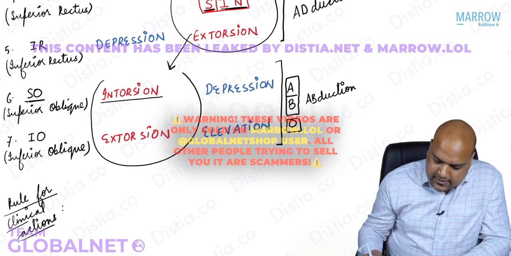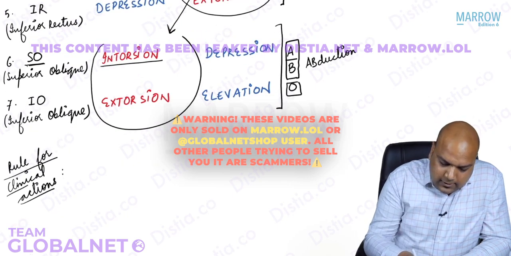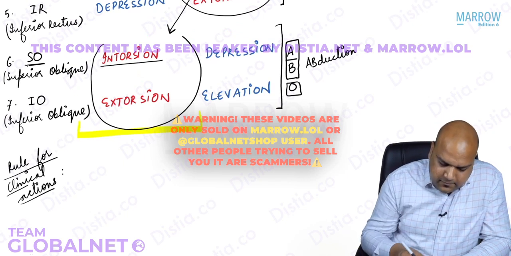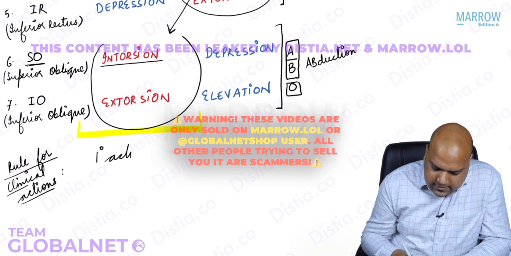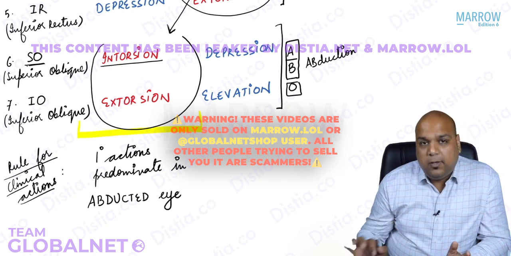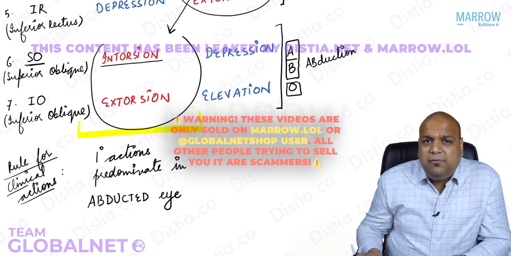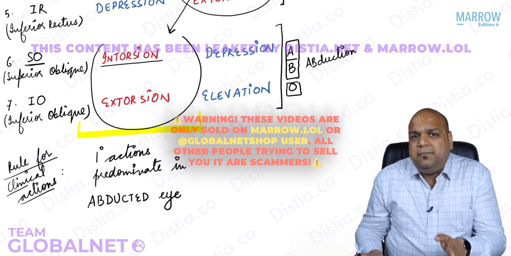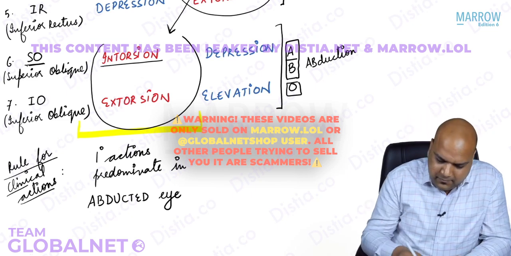The rule for clinical action says that all the primary actions of muscles predominate in the abducted eye. That means each eye will preferably perform its primary action when the eyeball is abducted,